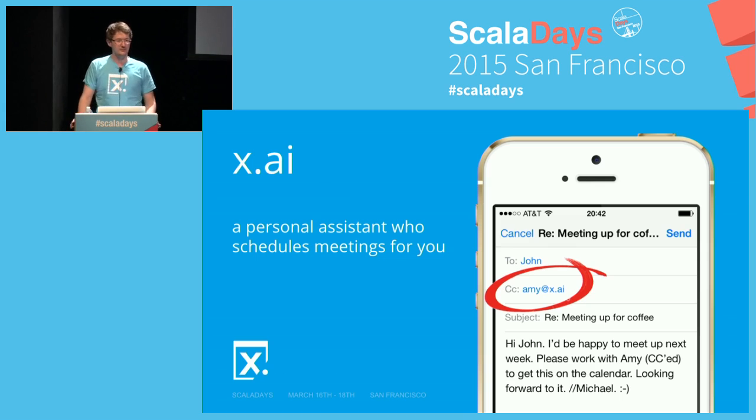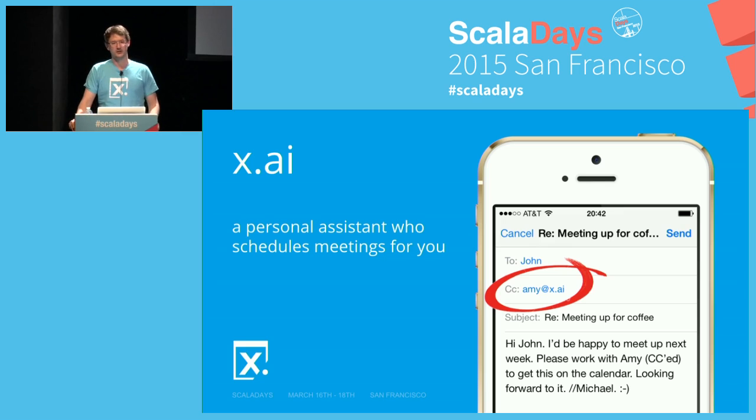So, you may know me. I'm Christopher Vogt. I worked on Slick before. I recently joined a company in New York, x.ai, and we're building a personal assistant for scheduling meetings. So, if you have a lot of meetings, then basically, instead of going back and forth by email a lot yourself, you can just CC our agent Amy, and Amy takes it from there, and you'll get the invite in the end. So we do a lot of data science, natural language processing, and